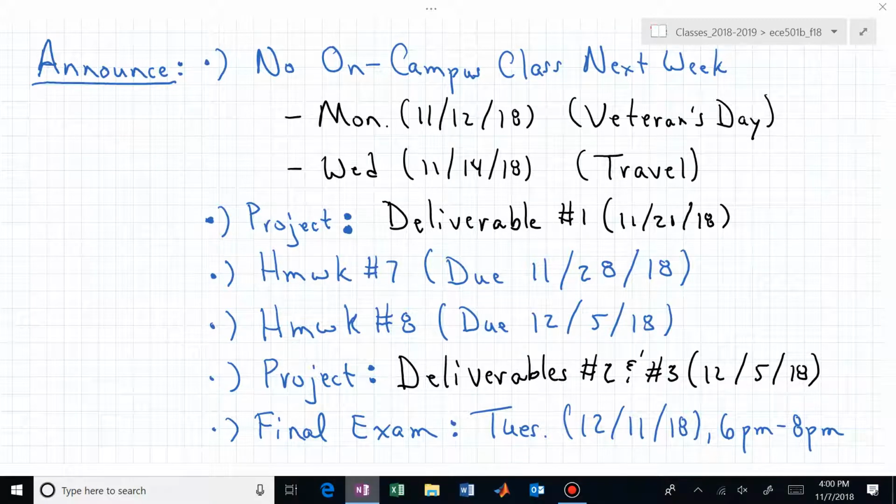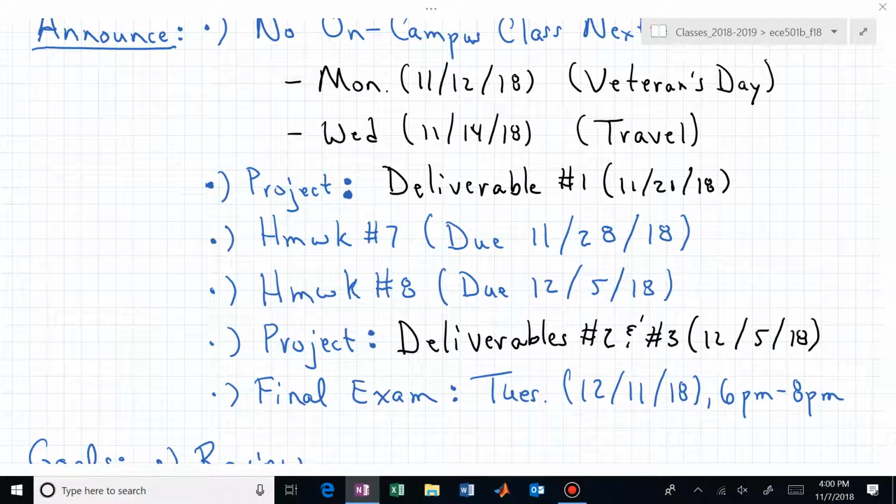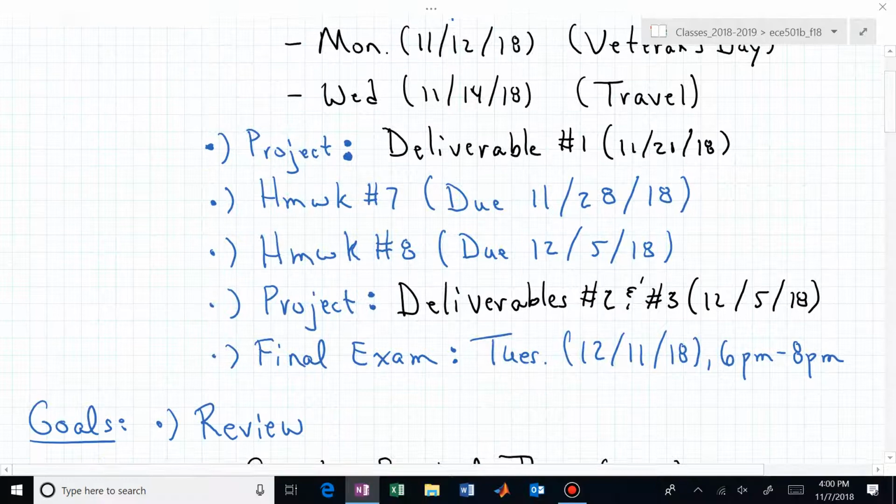Just as a reminder, Monday is a holiday, and a week from today I won't be here, so you don't have to worry about class physically in this room, but stay tuned. I probably will give you information and material to work through or to examine for next week. Project deliverable number 1 is due a couple of weeks from today, and homework 7 and